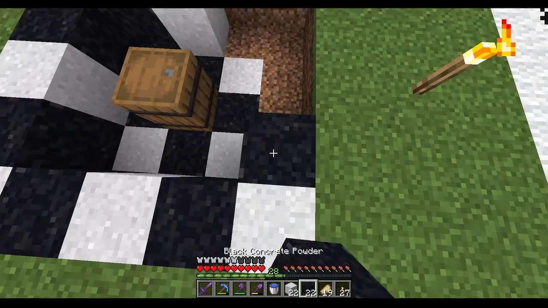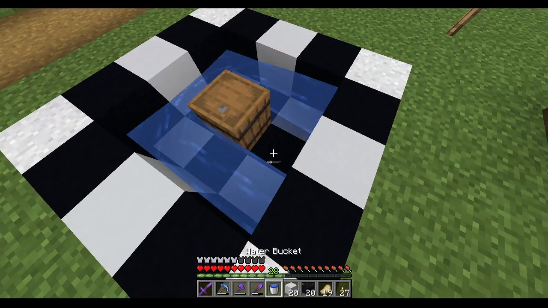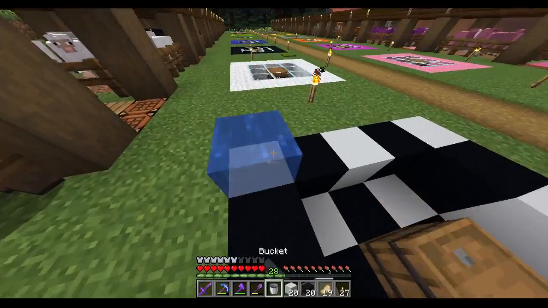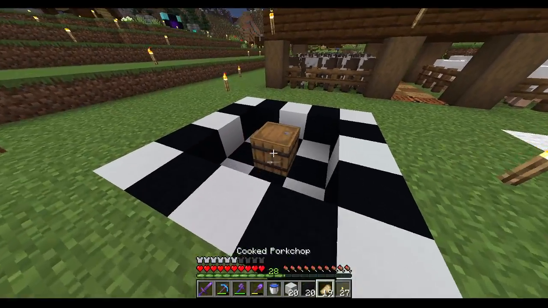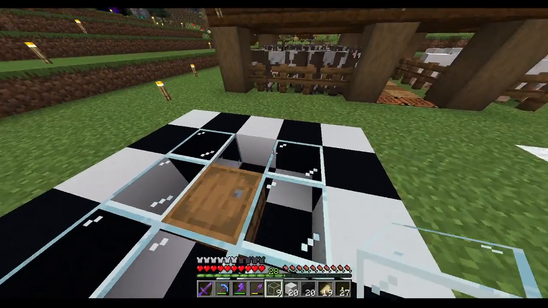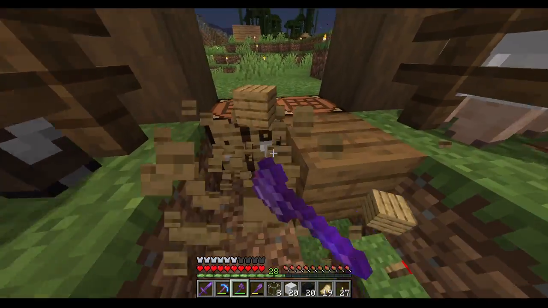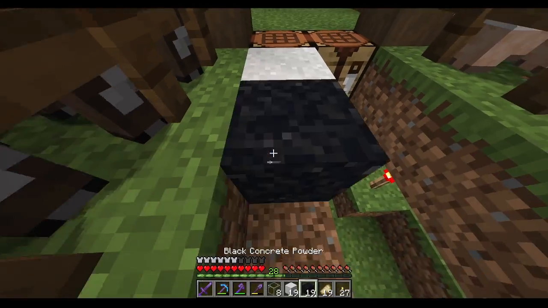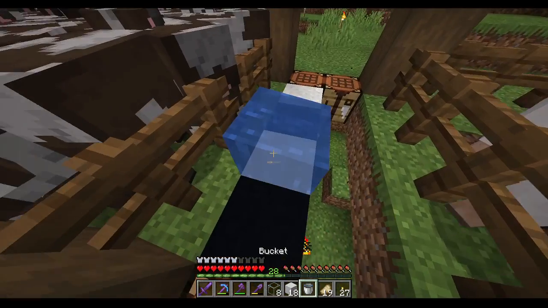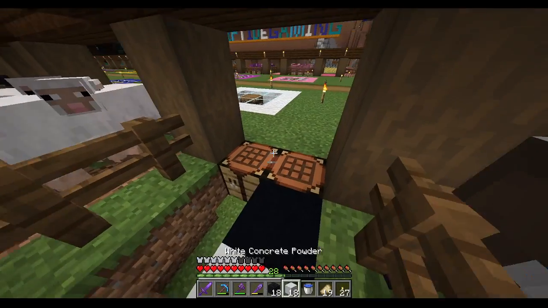This is probably the best design I can go for. Just set that there. And there we go. Put the glass over. And then the other thing is I want to replace this with black and white concrete. Where is it? Okay, and then